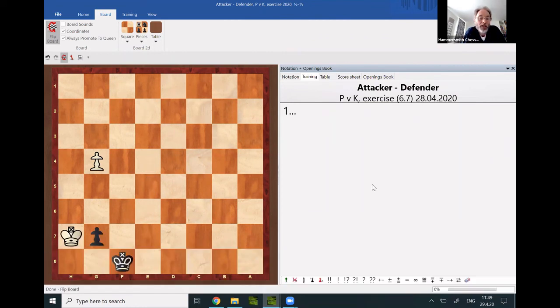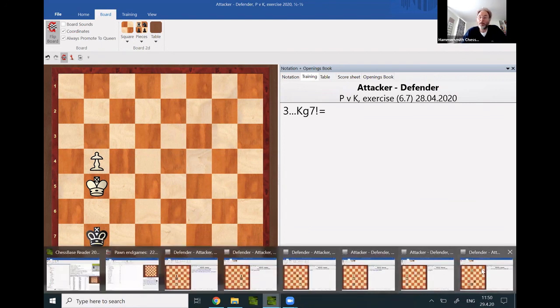Black to move and draw. So, same principle, opposition. And please avoid your opponent having a spare move with a pawn. That means sacrificing your pawn on g5, not on g6, is the solution. Because then you are able to enter direct opposition here already, and if white takes the pawn, then it's again direct opposition, and it's a draw. We are coming to the end,